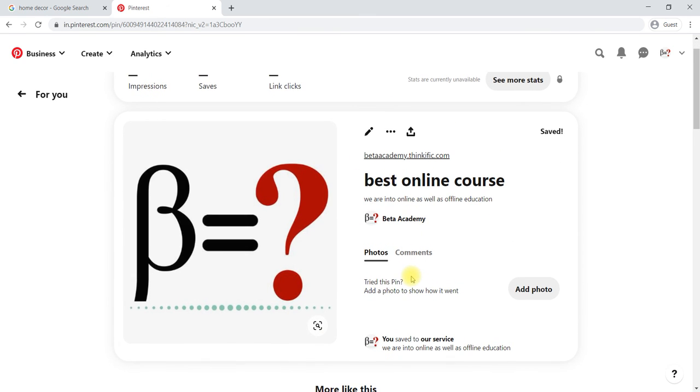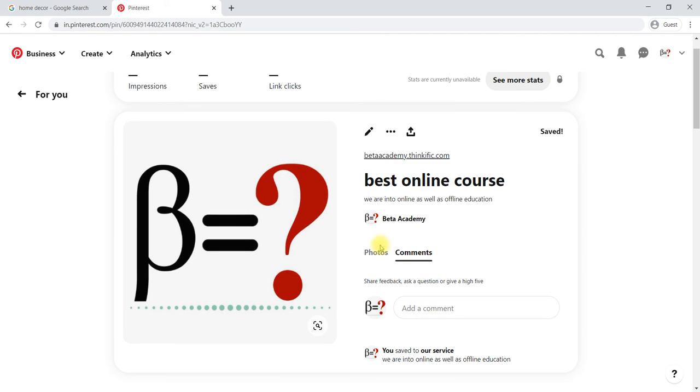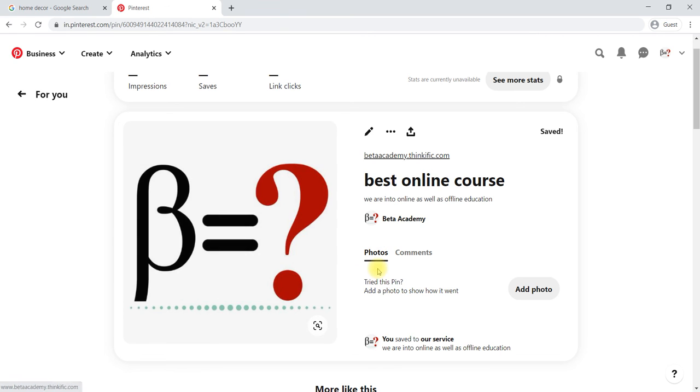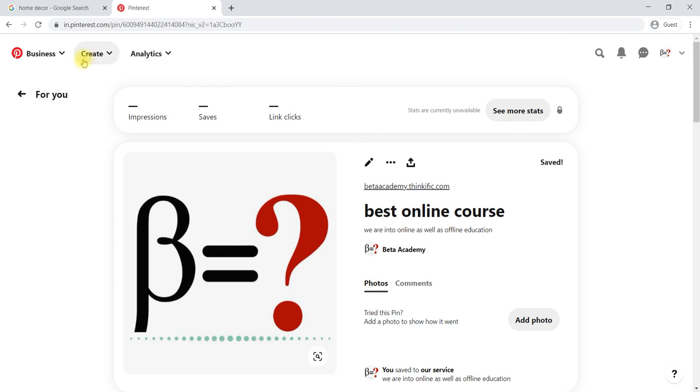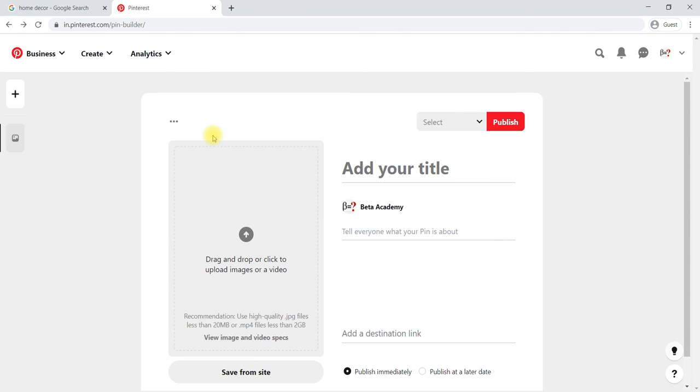For example, if someone clicks on this particular link that you have given, they can be directly redirected to the website. And they can write a comment here. They can also add a photo with a comment, and like this it will be taken.